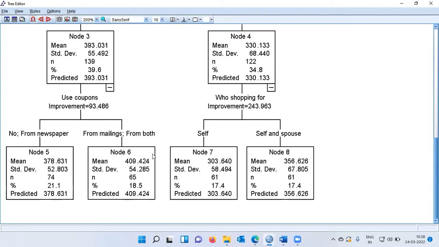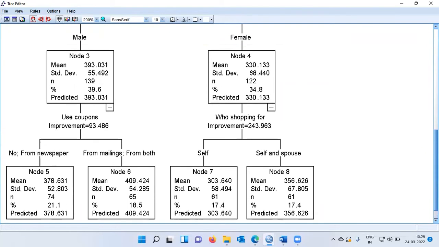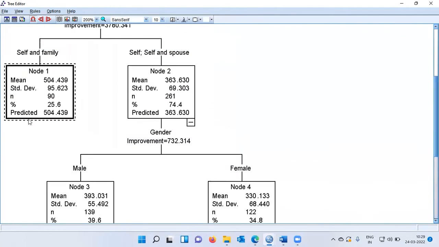spenders. When I look at some of the other nodes like node 7 and node 8, look at the predicted value here. It is 303 and 356 respectively. Again, it represents customers who are small spenders. Node 6 is one node which is very, very interesting because it gives me the profile of those customers who are big spenders. Similarly, I'm interested in node 1 because both these nodes give me the profile of those customers